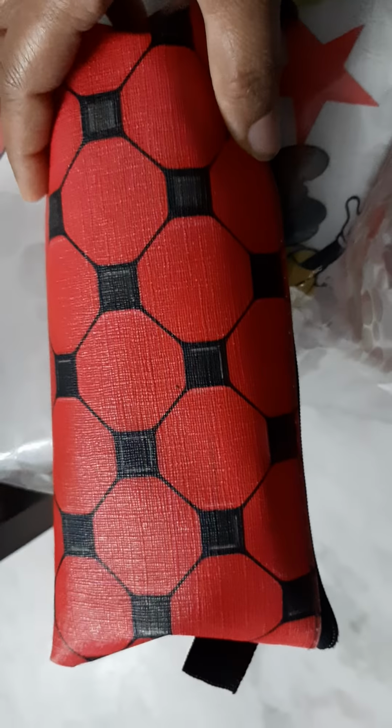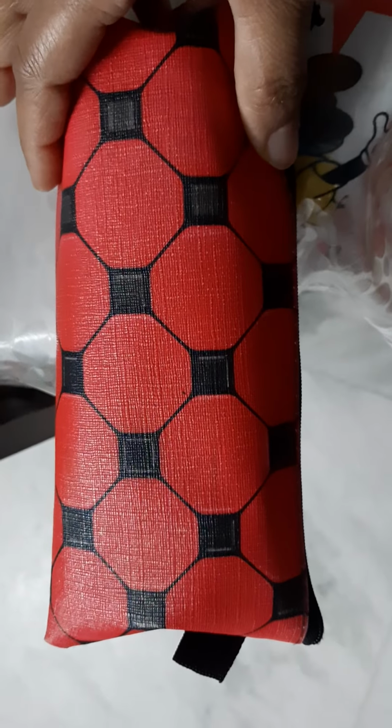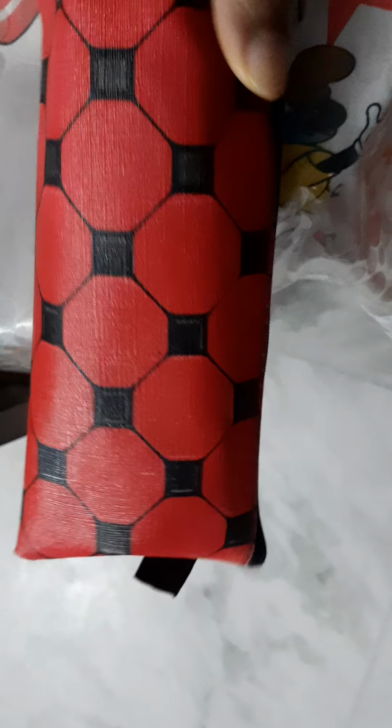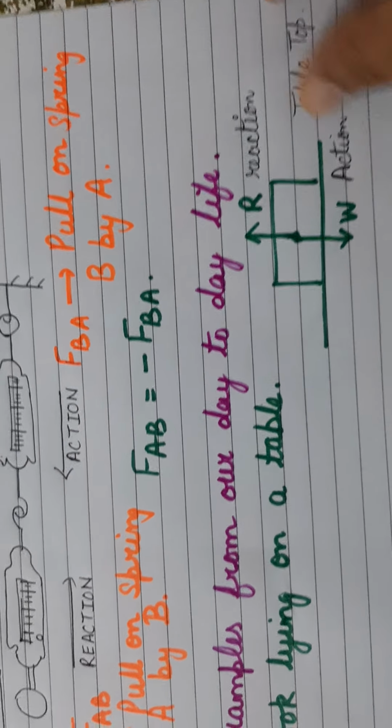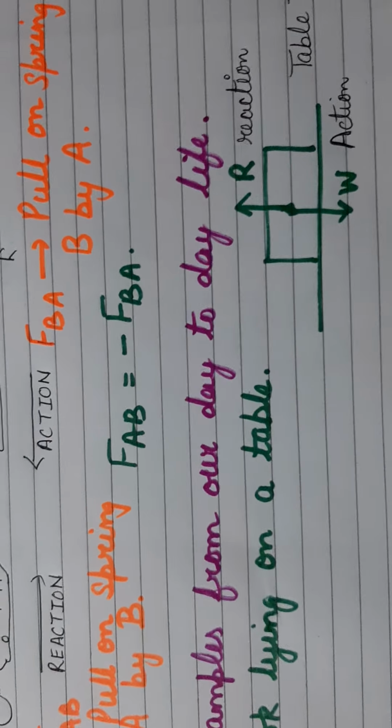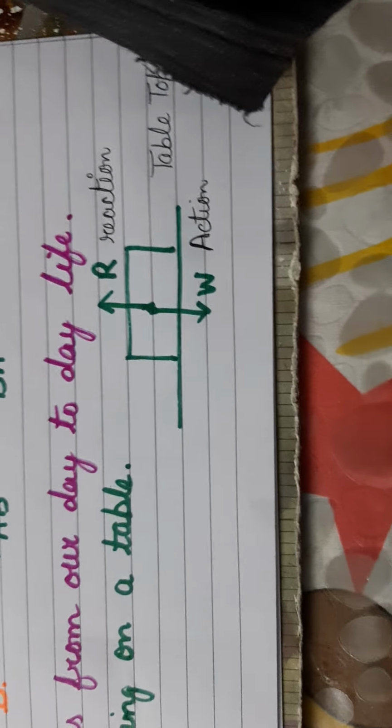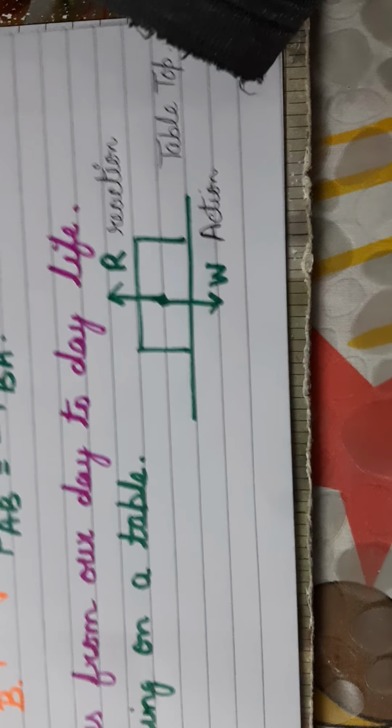What will happen if I place the pouch in the corner of the table? See, it falls. Why does it fall? Because there is an imbalance between action and reaction forces, due to which the pouch becomes unstable and it falls. Okay, children? So therefore action reaction forces are equal and opposite. Look at the second example, children.